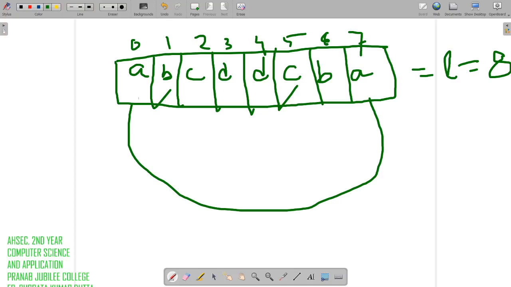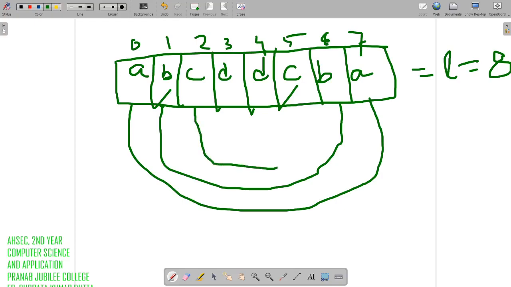Similarly, the element at the second index of the array, which here is B, must be the same as the element at the second last index of the array, right? Similarly, the third element, or the element at index number 2, must be equal to the third last element, same with this also, right?